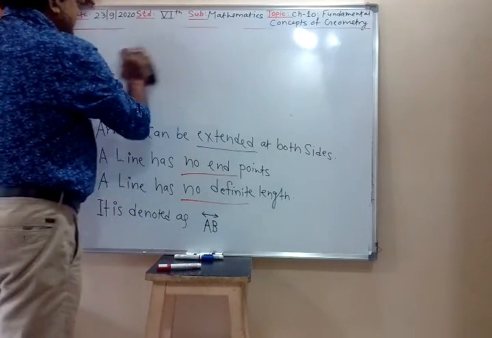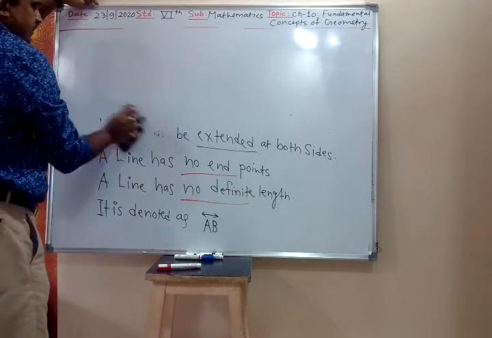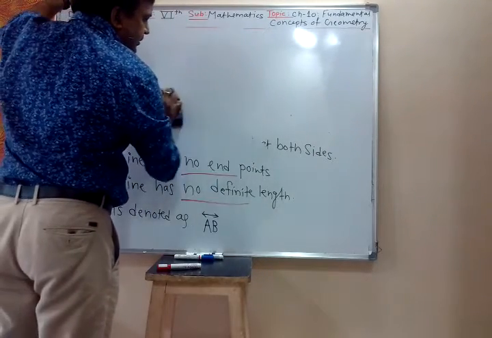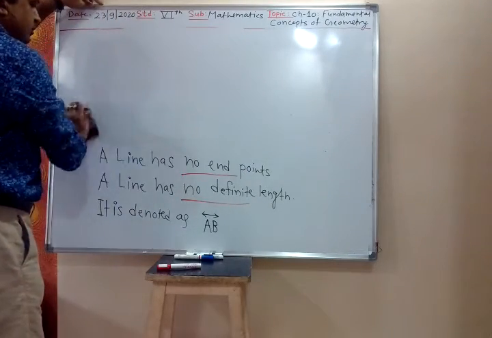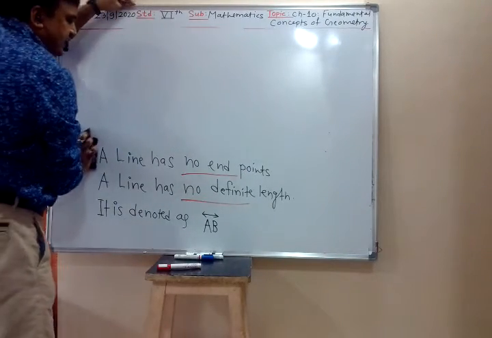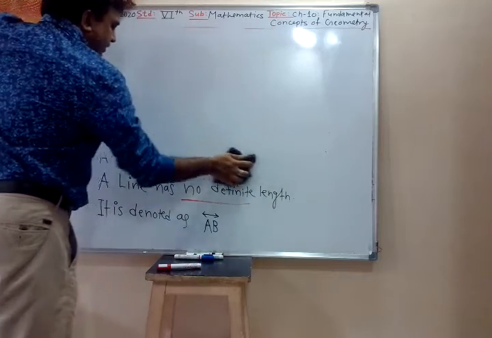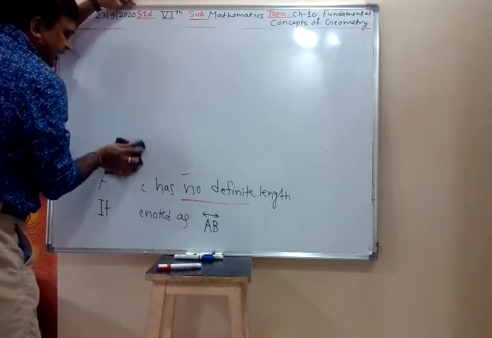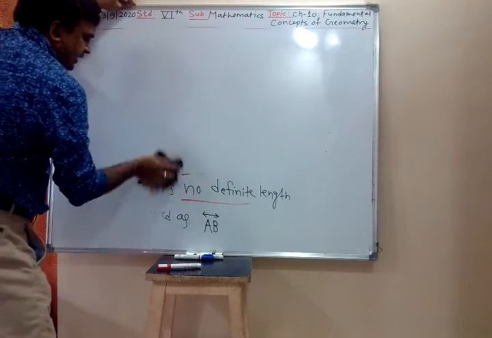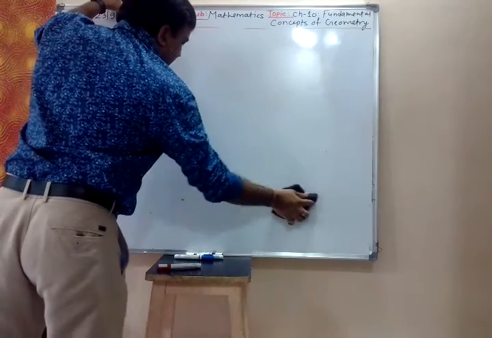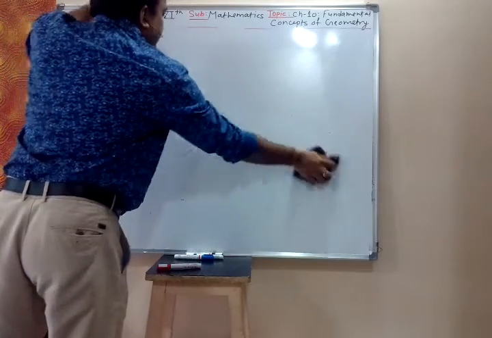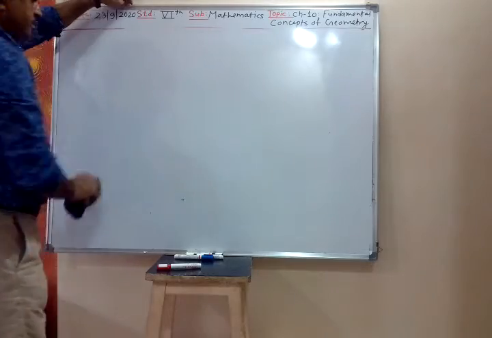Arrow AB means it is line AB. So this you have to remember, whenever there is arrow at both the ends, the line can be extended from that arrow side. That means A and B are not fixed. They can be extended further because it is arrow. Arrow means it can be extended further. So first we have seen line.